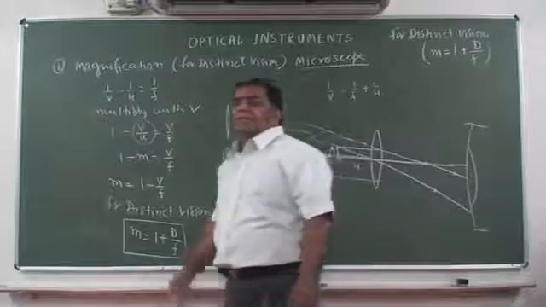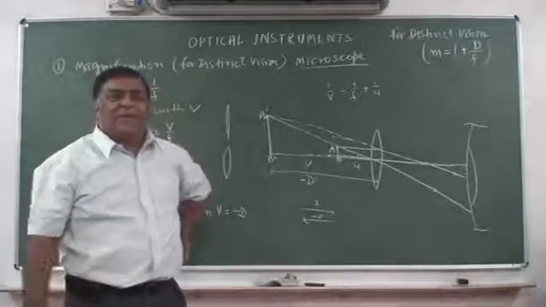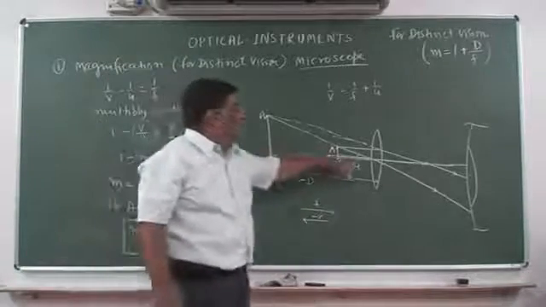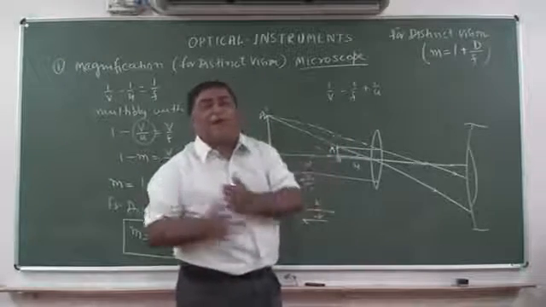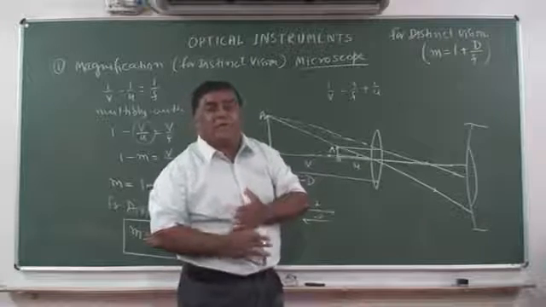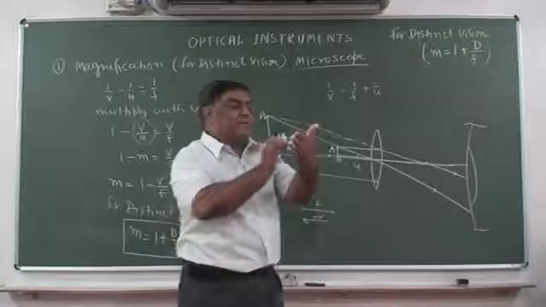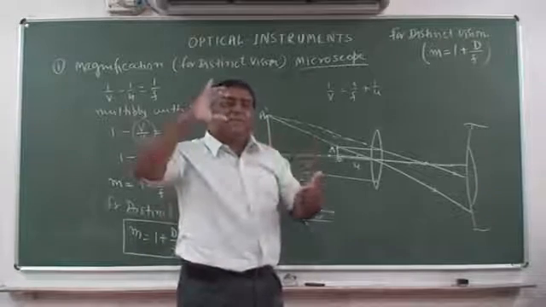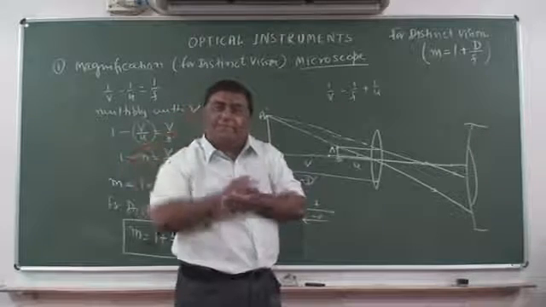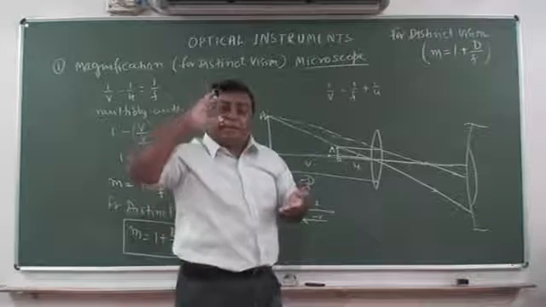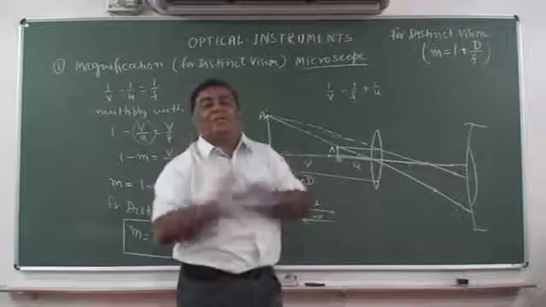Now we will see it for relaxed eyes. What is meant by relaxed eyes? If we are observing a thing like this and it has come to 25 centimeter, and in our chapter on eyes we have studied one thing, that whenever we bring things very close to our eyes so that we see it very clearly, then the lenses have to be pressed by the muscles. Because they press it, they remain under tension, and we don't want that tension.